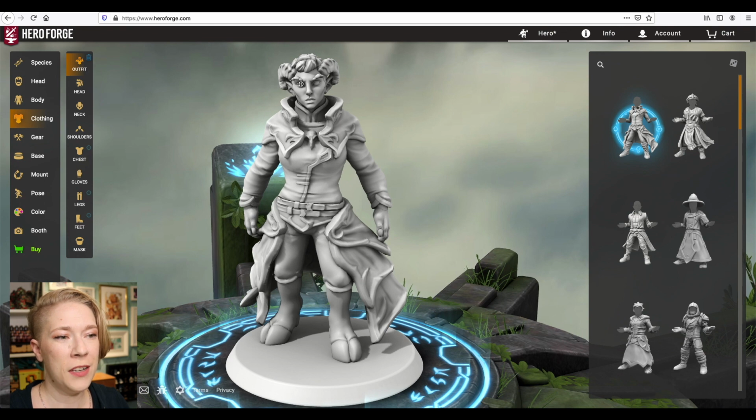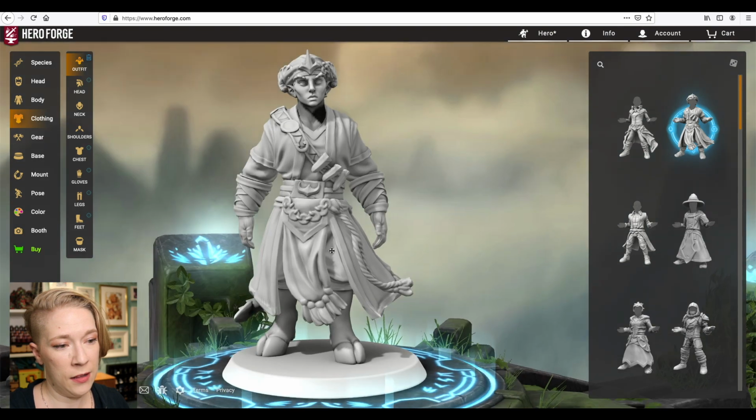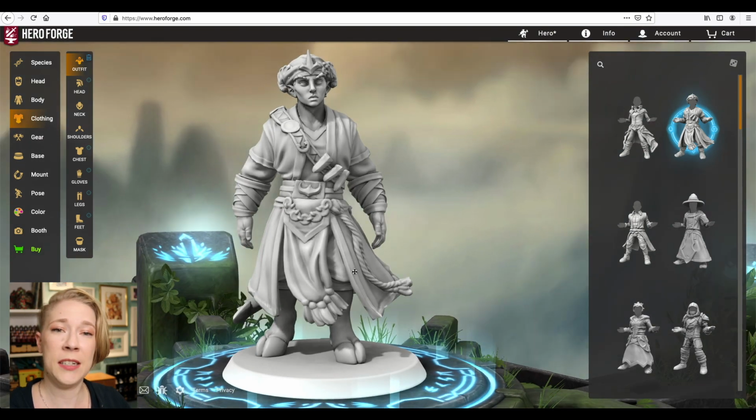Also, there are all these things around the neck, and this creates a really cool look. I love this design of this new kind of top piece, cape, coat, whatever it is. But it's going to be a little bit more difficult to really angle your brush down and in. This one especially on the legs, because not only does it have that split train there in the front, but